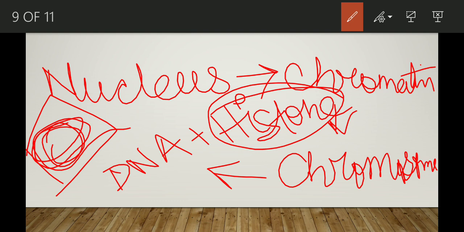So this is basically the summary of the structure of chromosome. Inside the nucleus, chromatin fibers are present. Chromatin fibers then get condensed during cell division and form chromosomes. Chromosome contains DNA and histone. DNA is deoxyribonucleic acid and histones are a particular type of protein. Eight histone molecules form a core known as an octamer, and around this octamer the DNA strand winds, and in total it forms a nucleosome. Clear? This is the summary.